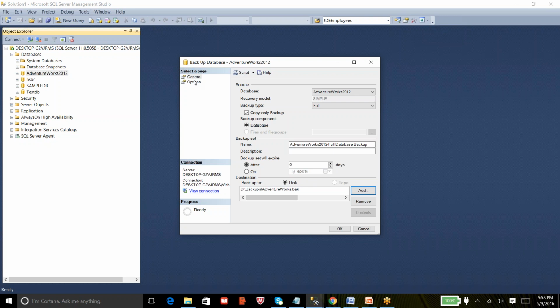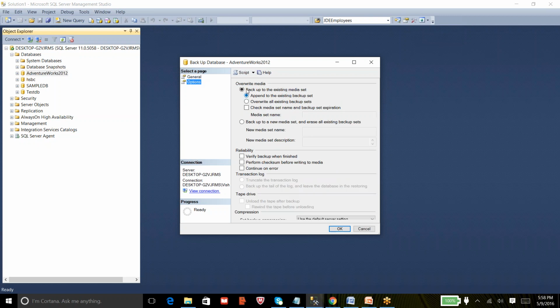On the left hand side, you can go to options. The first option is overwrite media. So I see a question: in real time, where will be the destination for backup? For example, where do you save backups in your organization? For me, we save the backups in a network location, in a network shared folder. It is not advised to keep the backups on the server itself.